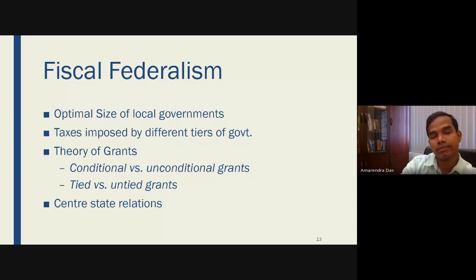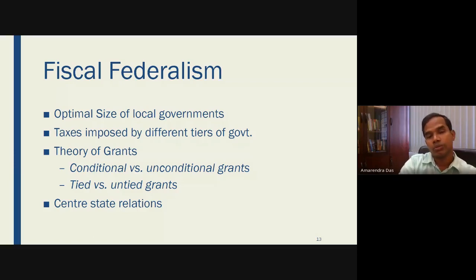Similarly, why was income tax given to the national government? Why not to the state government? Because people may get education somewhere, people may be born somewhere, but they may earn income somewhere else. People may get transferred from one place to the other. So if you give these taxation rights to the states, it will have very different implications. So the taxes that are mobile in nature are given to the union government.